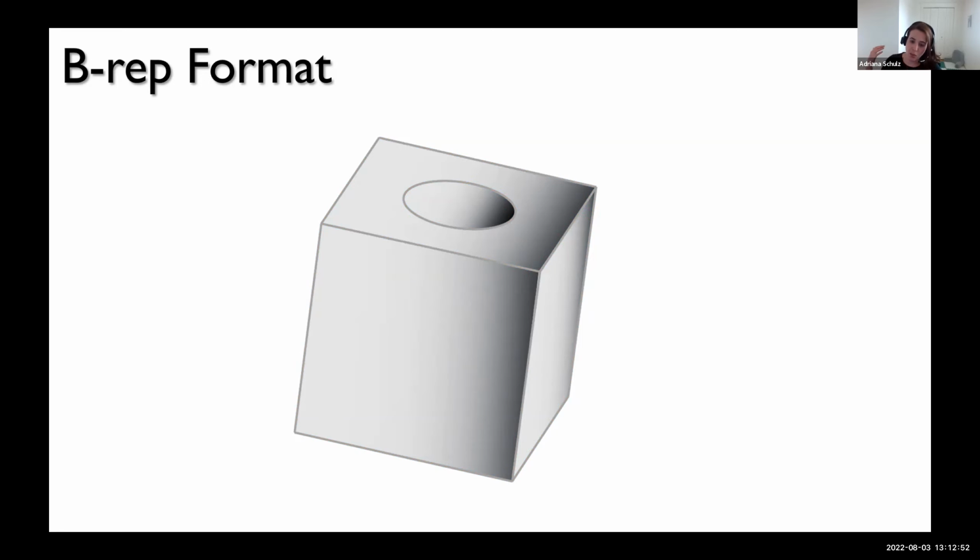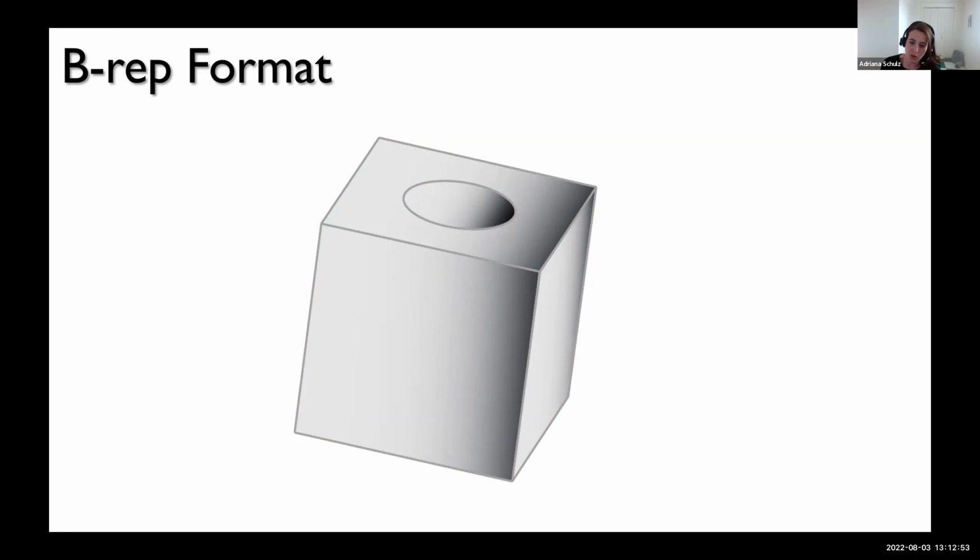The reason why we actually want to use this format and not just, for example, take a point cloud and use networks that can learn from point clouds or meshes, is that BREPs have arbitrary precision, right? They can capture these kinds of smooth and sharp geometries, but most importantly, the BREPs allow us to explicitly refer to individual parts of the shape.